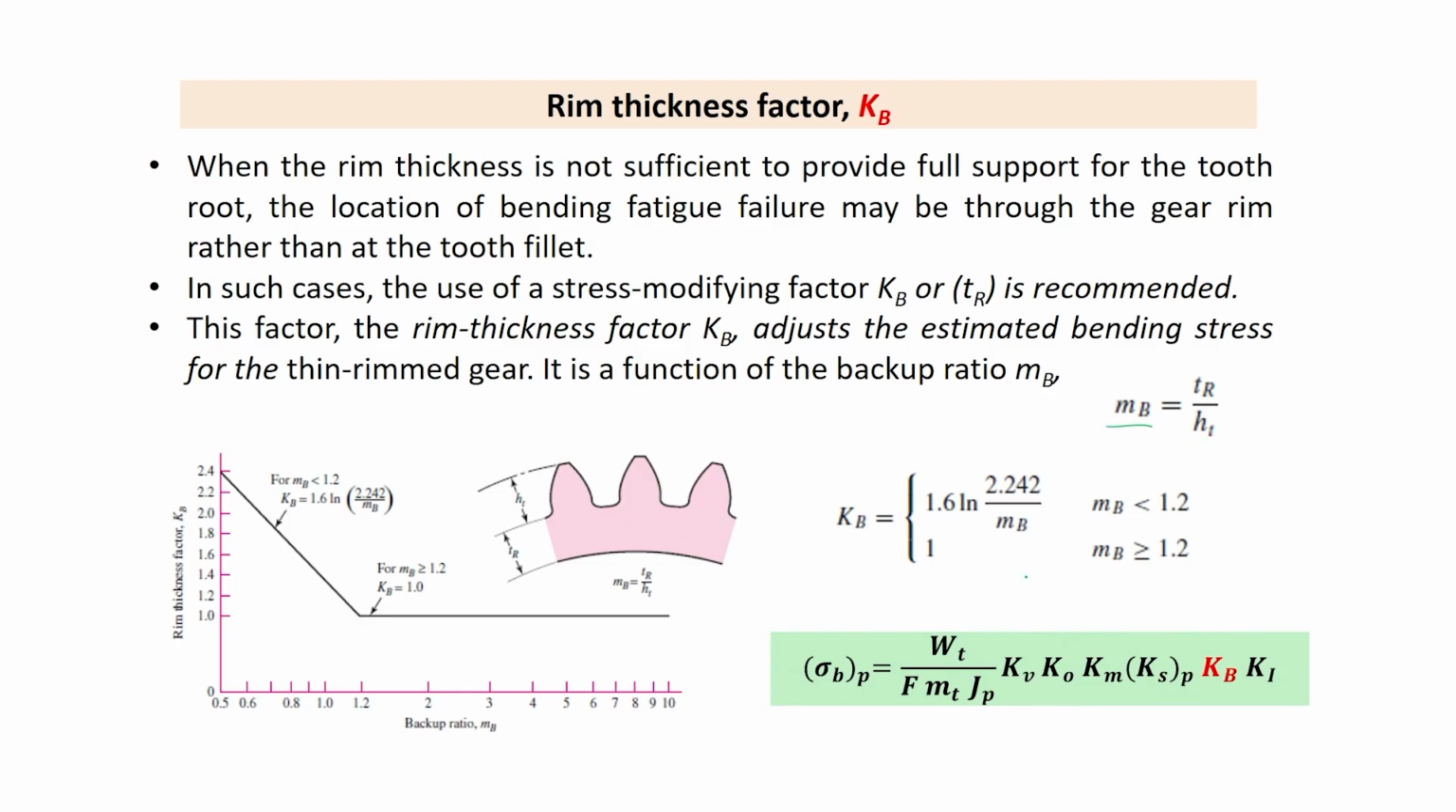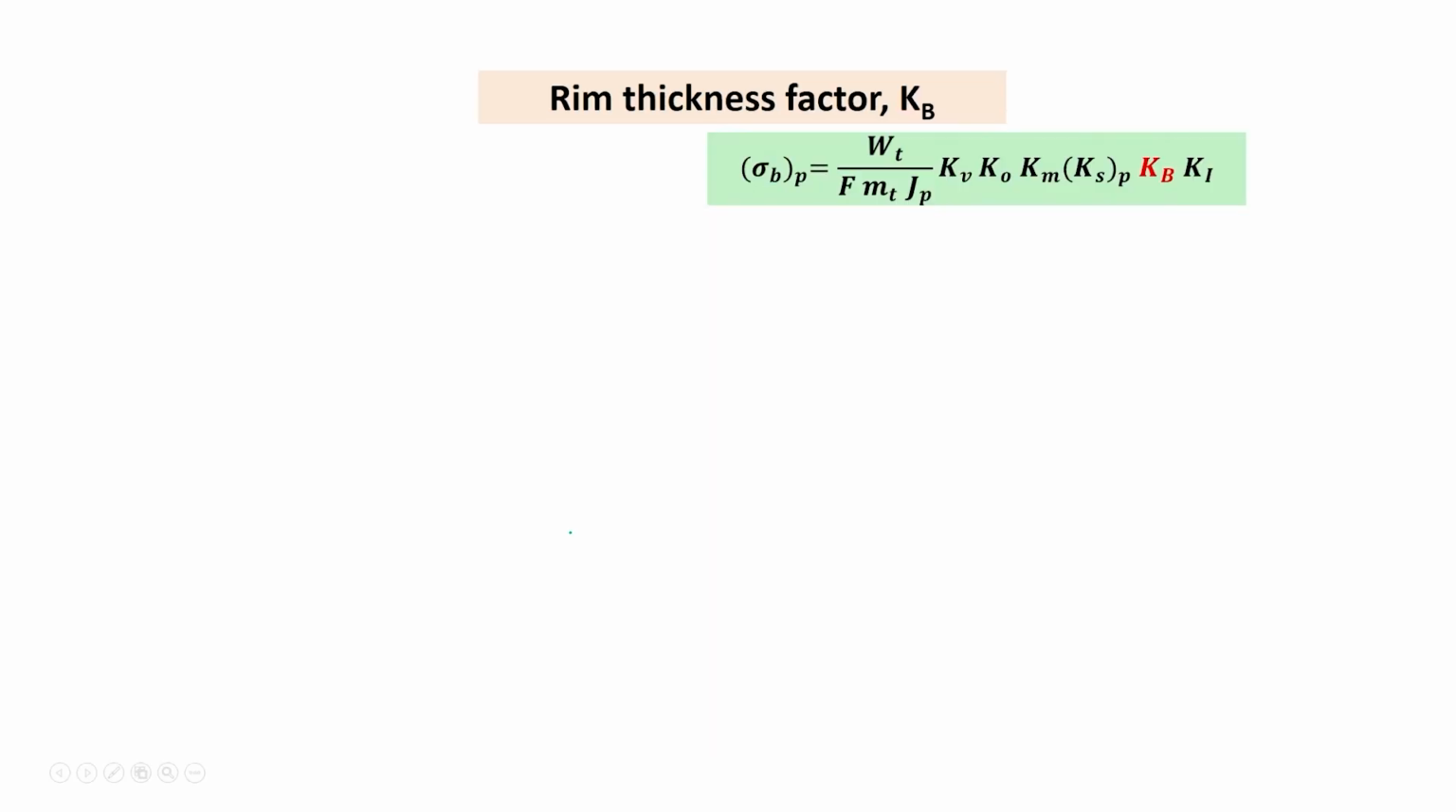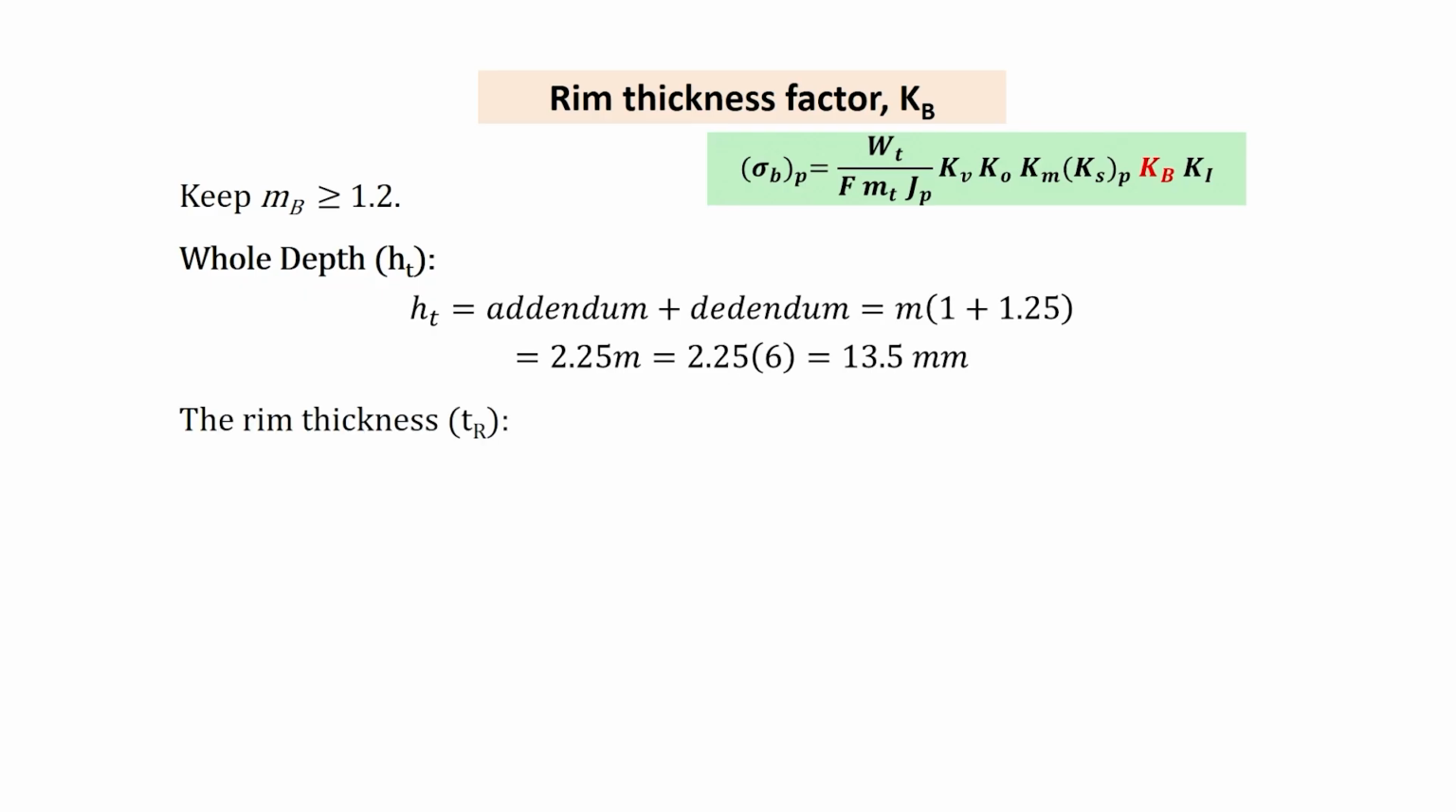If TR divided by HT is greater than or equal to 1.2, the meaning is the rim thickness TR is greater than or equal to 1.2 times the HT. Then there will be no rim thickness effect. What happens is, instead of failure of the gear tooth, the rim fails. The MB should be taken as more than 1.2,